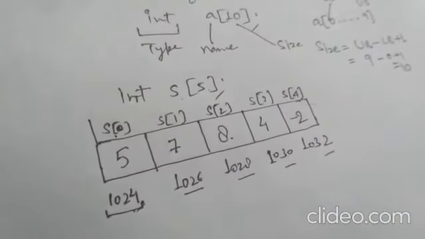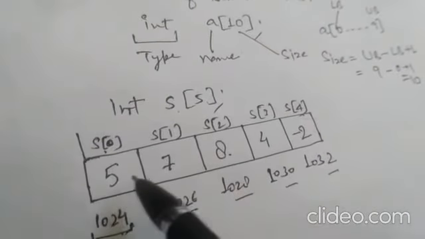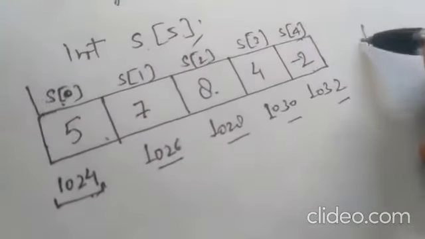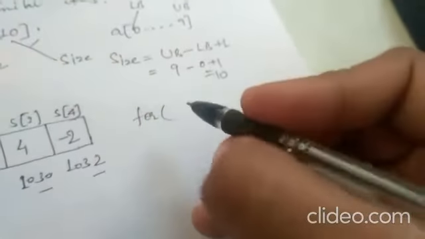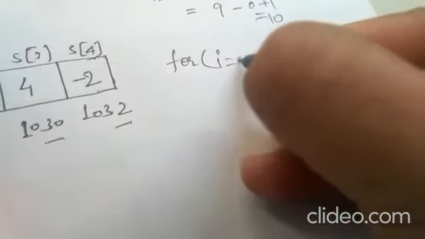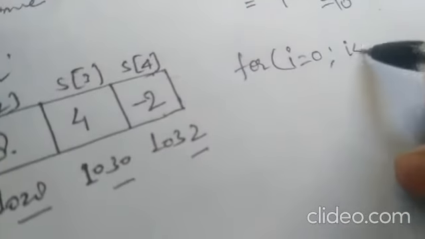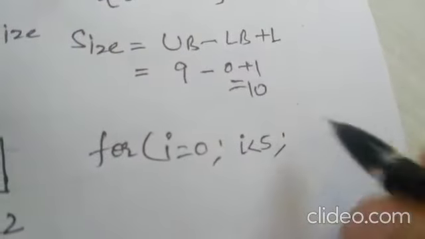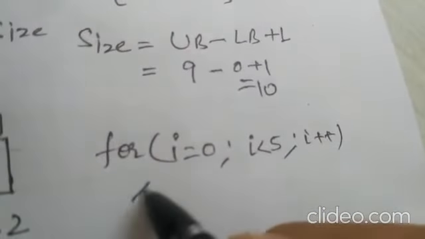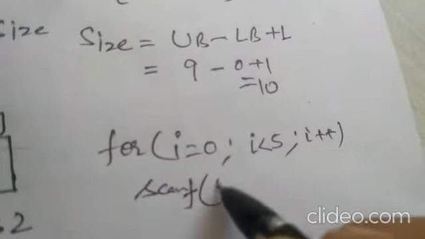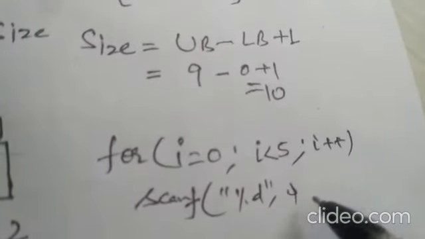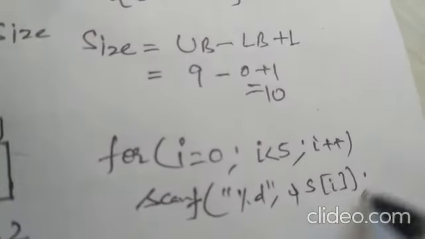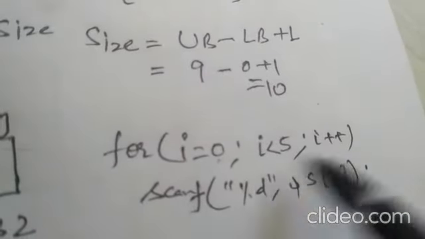Fine. So this is about the single dimensional array. You must be clearly aware of putting values inside the array and printing values from this array. Let me revise. If I want to scan values into this array, I simply write a loop from 0 to 4. So I'm using a for loop here. We'll write i = 0, i less than size. What is size? 5. If I write less than 5, this means it will go up to 4. Okay, i++. And I can write a single statement: scanf("%d", &s[i]). So the values of i will be from 0 to 4.